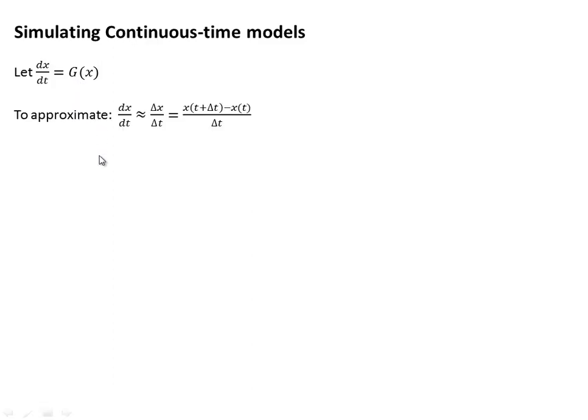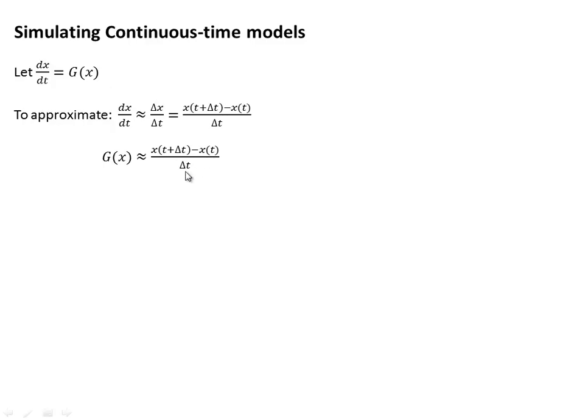So to approximate dx/dt, we know that dx/dt is approximated by delta x over delta t, and delta x is simply the change in x. So we could consider x of t plus delta t minus x of t. So it's just a difference in two x values divided by delta t. In other words, g of x is approximately x of t plus delta t minus x of t, all divided